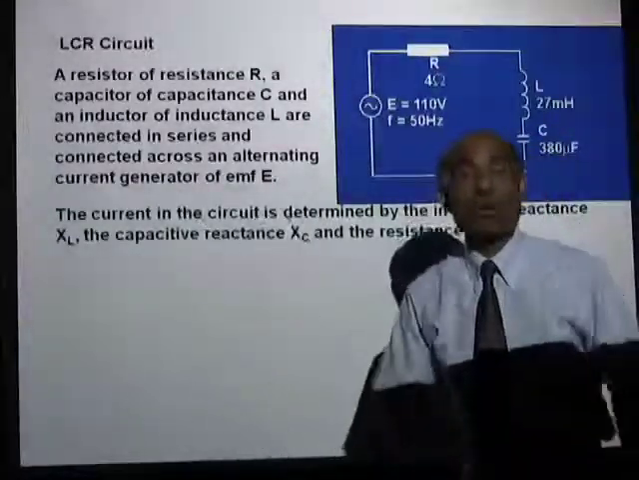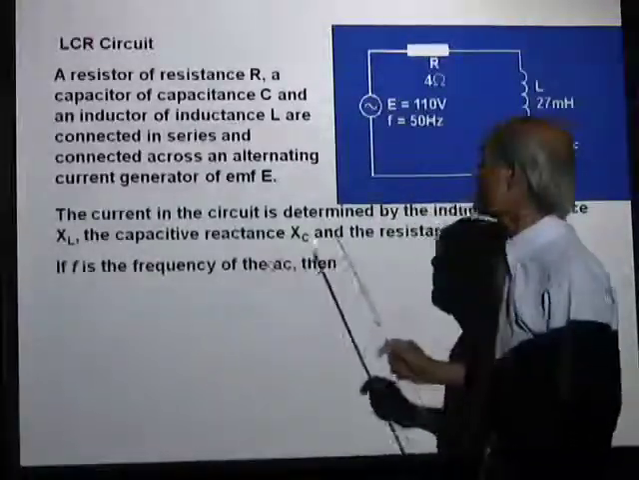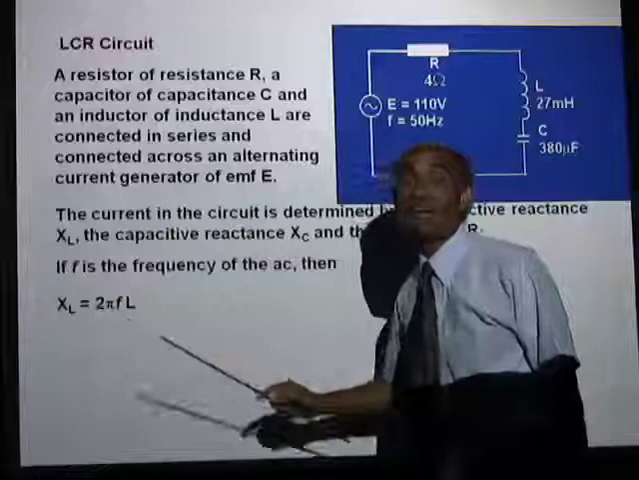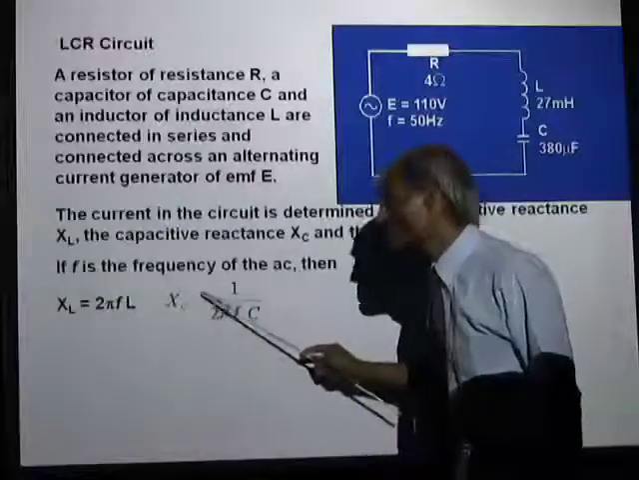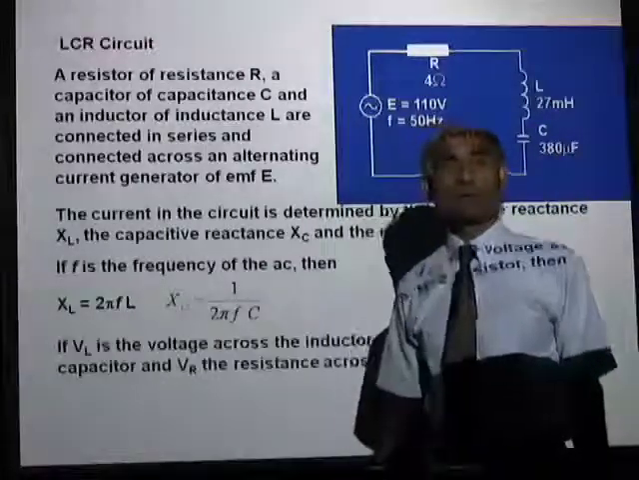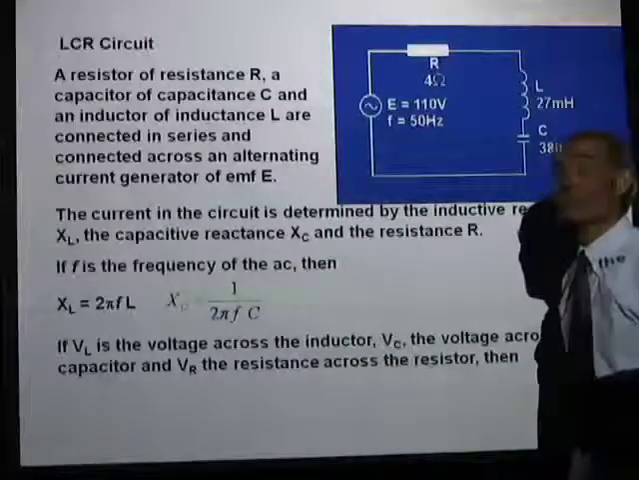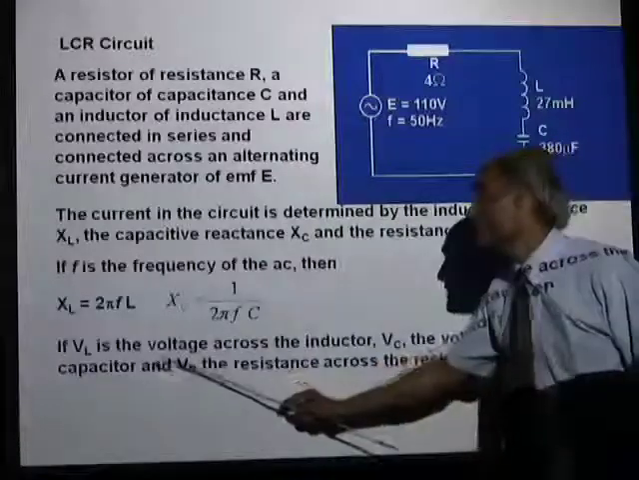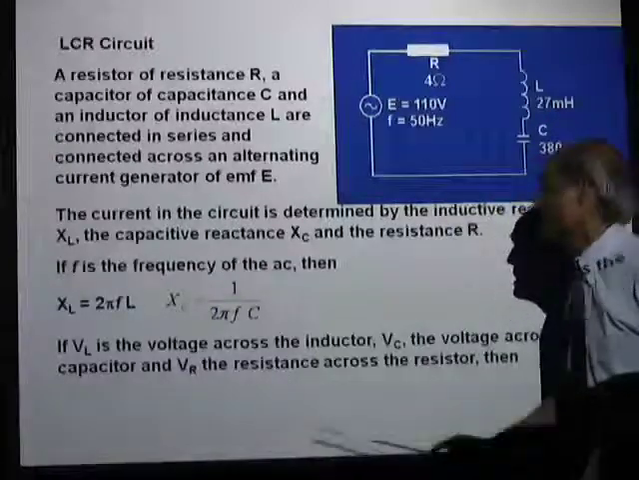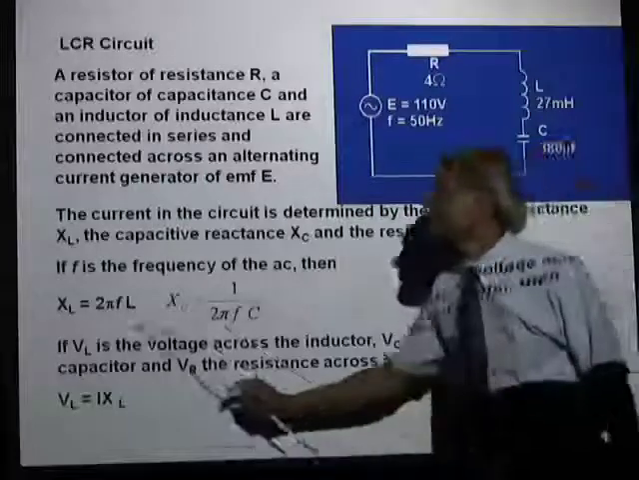So it's a combination of all these three that is going to determine the total current. Now, if F is the frequency of the AC, then you know that the inductive reactance is 2 pi FL, and the capacitive reactance is 1 over 2 pi FC, and the resistance is R. Now, if VL is the voltage across the inductor, VC the voltage across the capacitor, and VR the voltage across the resistor, not the resistance across the resistor, then you know that